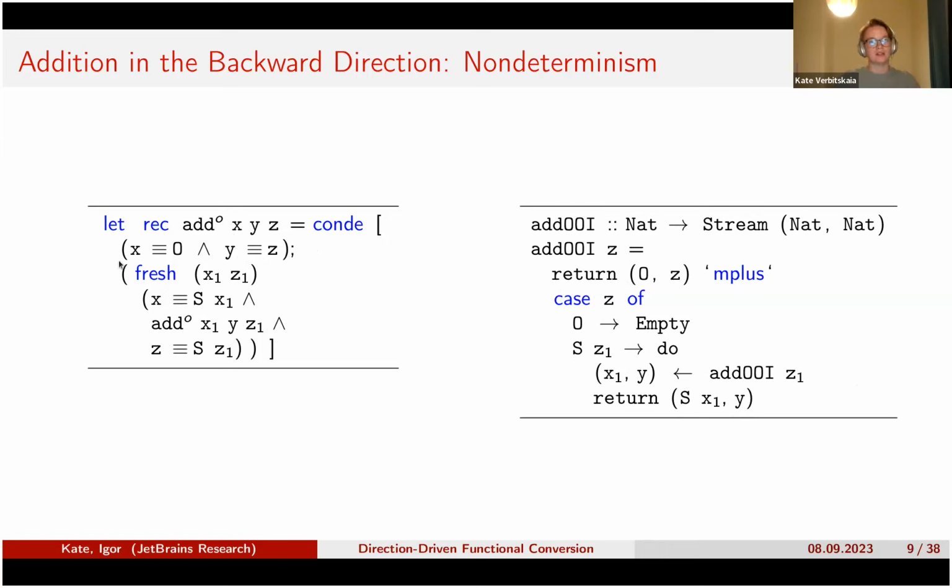And the second conde branch starts as a pattern match, because we know that z is always a positive number. So if z is 0, we return an empty stream. This is like a failure. It can never happen that we got into this second conde branch and z is 0. But if z is not 0, then we proceed to examining other conjuncts, and we can run the addition in the corresponding direction. We get the x1 and 0 and y results,